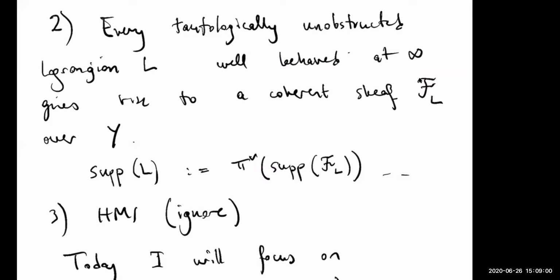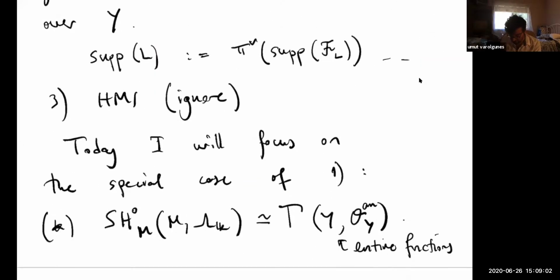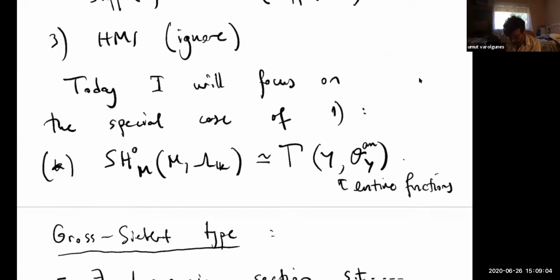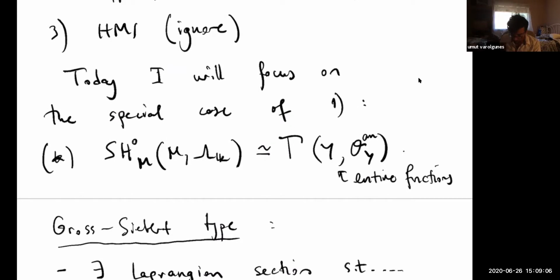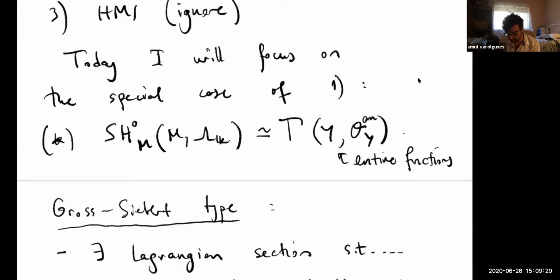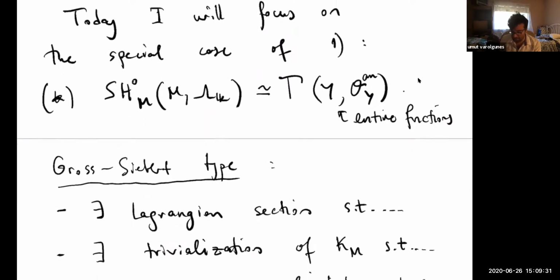Okay, and then you can construct this coherent sheaf and look at its support. And third, of course, the one that most people are probably interested in is homological mirror symmetry. And I think there's a lot of work to be done about this. We have some work with Mohamed Abu Zaid that's dealing with this, but it's a long project. It will be a while until we can get to any kind of concrete homological mirror symmetry statement, I think.